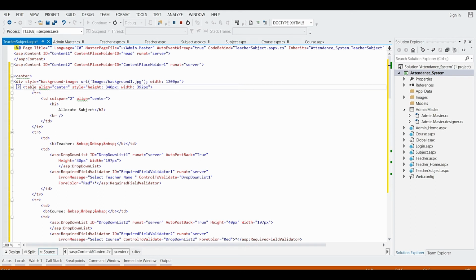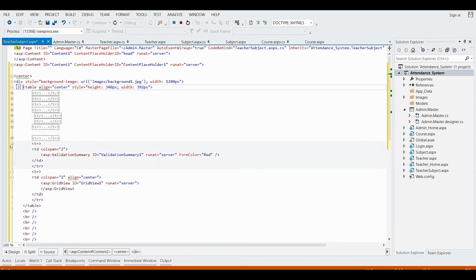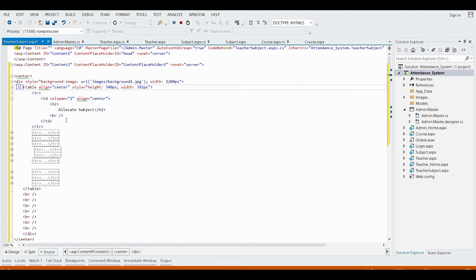Within that, I have taken one table tag with the property align equals center, height 340 pixels, width 392 pixels. Within the table tag, I have taken 10 table rows.